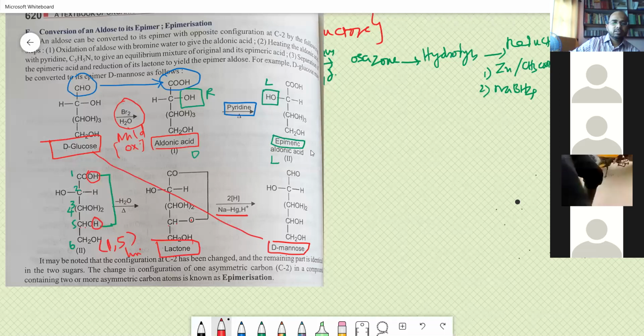Okay. So I think we have concluded this epimerization and this conversion of aldose to ketose, ketose to aldose, and then glucose to ketose to glucose and ketose to mannose. Ketose to glucose is general. Ketose to mannose is an epimeric conversion. So time's running out, so I'm just stopping this. If you have any doubts, you can please contact me.